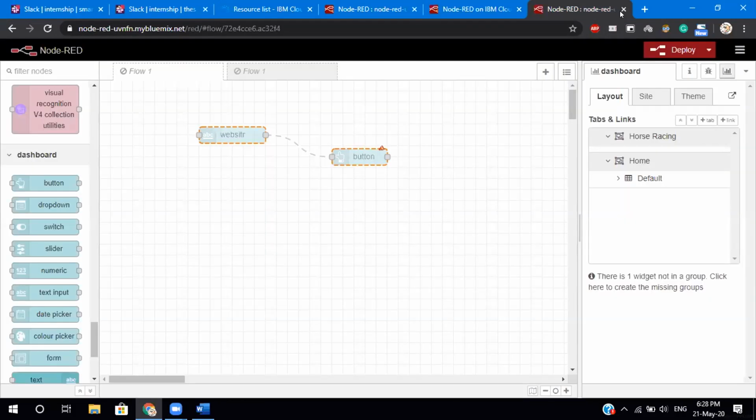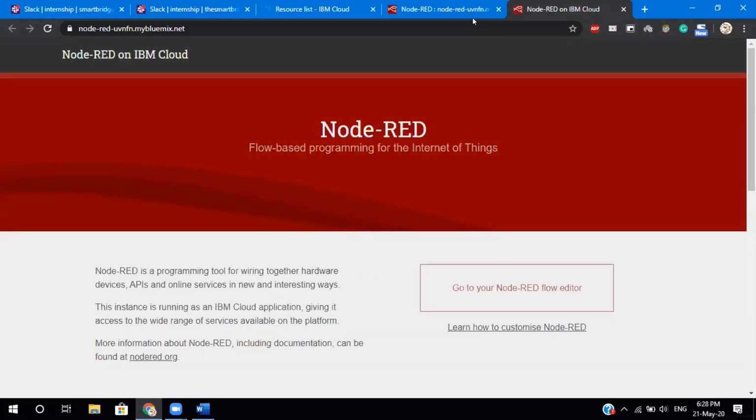Okay, so let me come back to your problems. Should I have to press on deploy your app? Yes, you have to press on deploy your app. You must press on deploy your app.